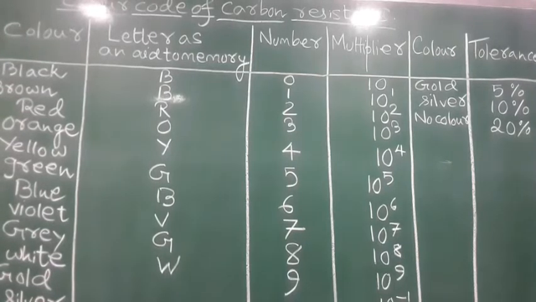The values of the resistances of the carbon resistors are marked by 4 color bands painted on the body of the carbon resistor. The value of the resistance and its percentage accuracy is determined from the standard color code. The color code for carbon resistor is given in the table. Please write down whatever I said just now, and please copy down this table.